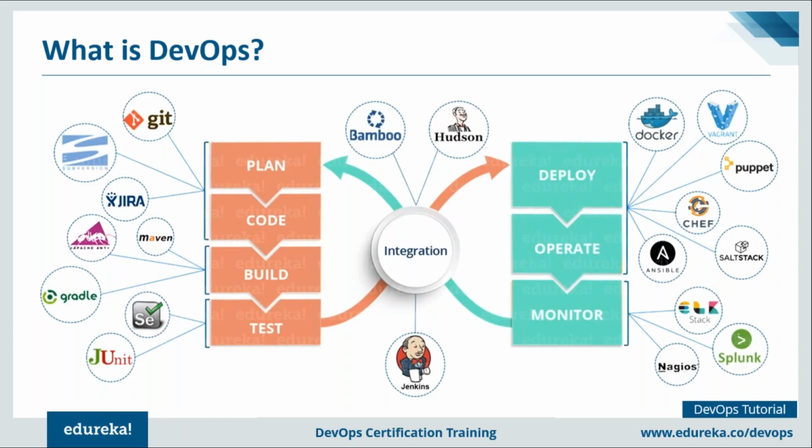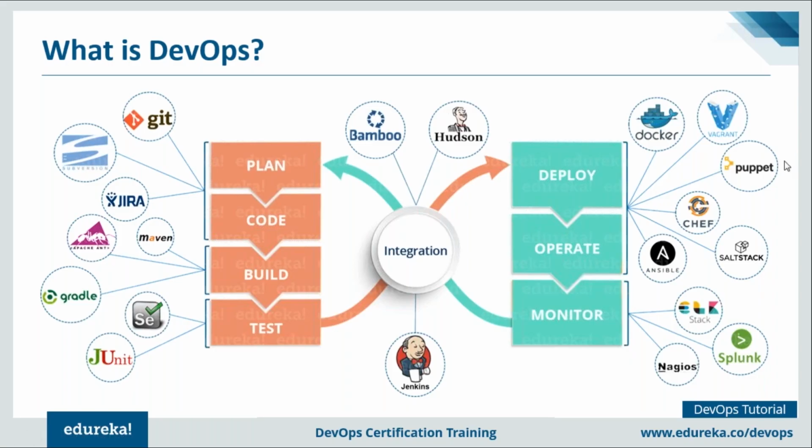I'll explain how this definition is relevant, because all we are saying here is DevOps is characterized by operations staff making use of many of the same techniques as developers for their systems work. When I explain infrastructure as code, you'll understand why I'm using this particular definition, right? As you know, DevOps is a software development strategy which bridges the gap between the dev part and the ops side of the company and helps us to deliver good quality software in time. And how does this happen? This happens because of various stages and tools involved in DevOps.